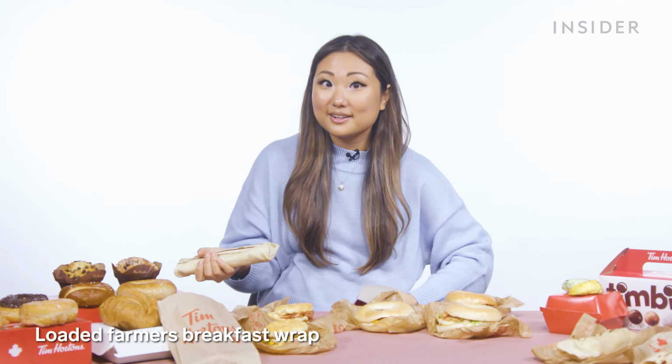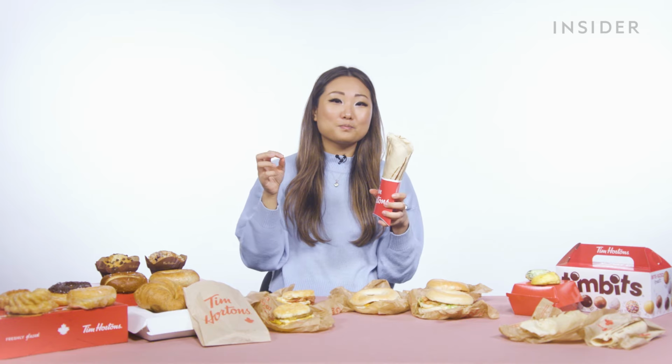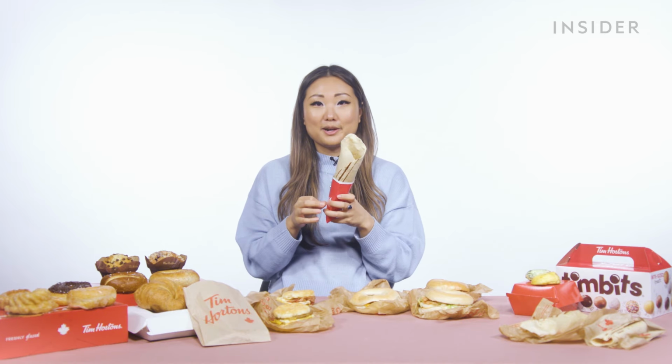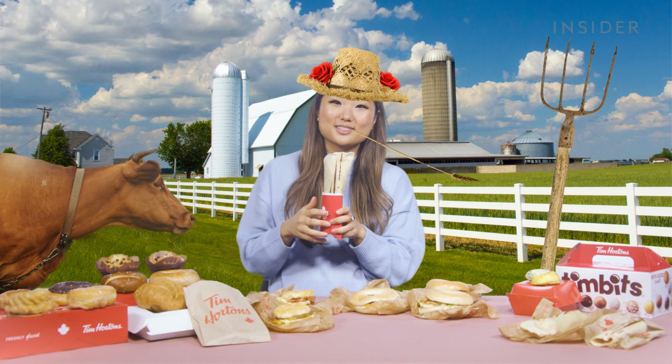Okay, we got it out. This is hefty. I wonder why they call ours the loaded farmer's breakfast, but theirs is the big breakfast. So they think this is what American farmers eat, and they're like, oh, that's a big breakfast. Like, that's what I want today. I don't think this is what would keep me going if I needed to go out on the farm for